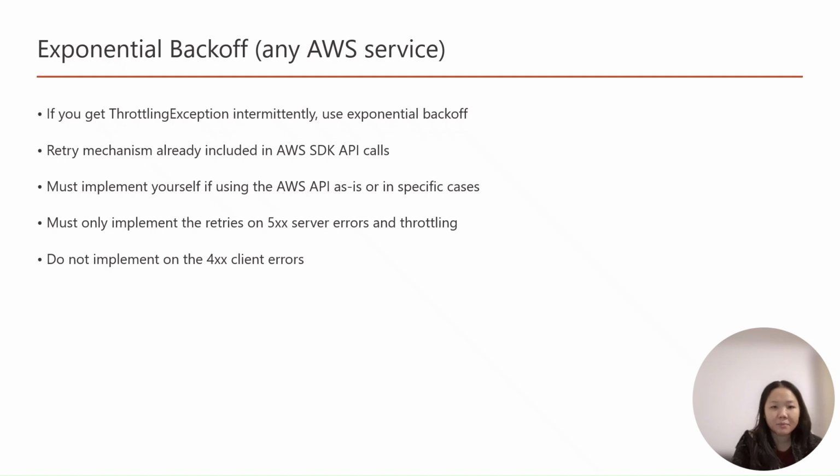Exponential backoff applies to any AWS service. If you get a throttling exception intermittently, use exponential backoff. The retry mechanism is already included in AWS SDK API calls, but implement it yourself if using the AWS API as is, or in specific cases. You must only implement